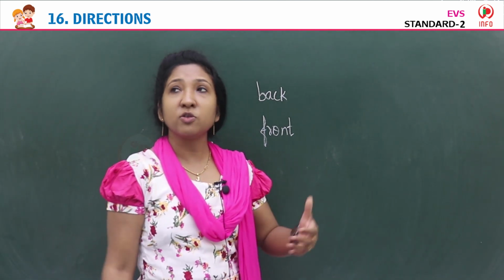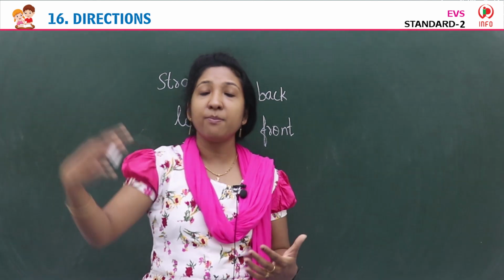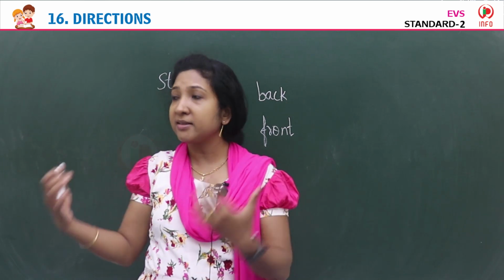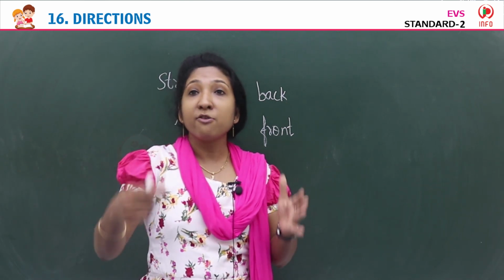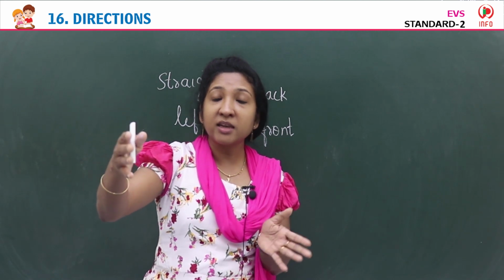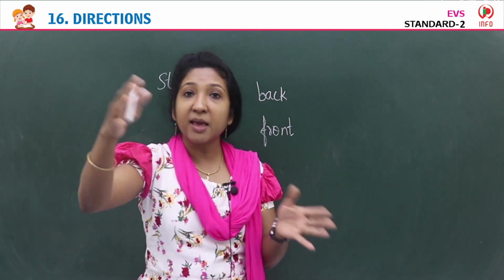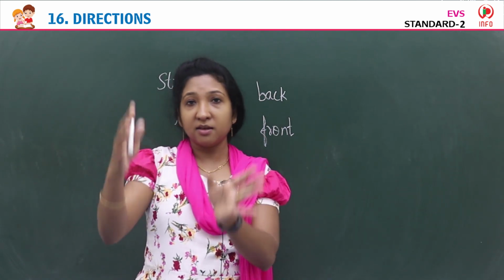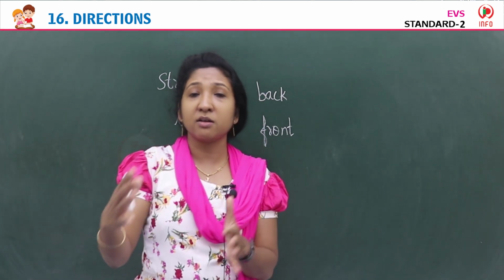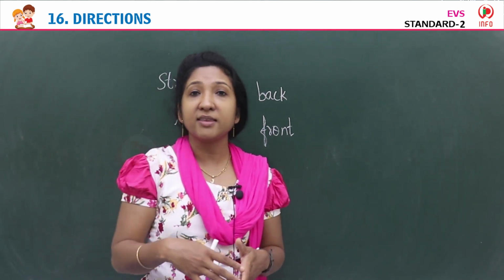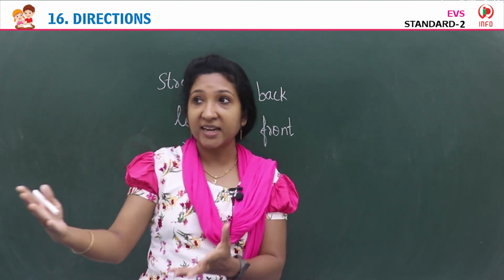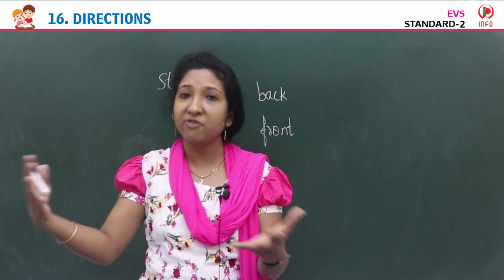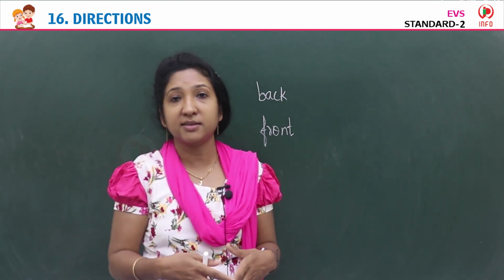So for us also, to reach some place, we need to know the address of that place. If we ask someone, they also tell us, from here you have to go straight, then turn right, then left side you can see a building, yellow color building, it is Rahul's house, or it is that building that you wanted to go. There you can see that diagnostic center. Suppose we are going somewhere, we don't know the address. If we are on the way, we may ask someone, so they direct us like this.